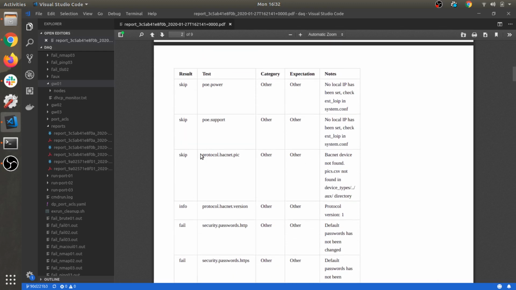Okay, so protocol.backnet.pick. Again, it doesn't matter what this test does right now, because I'll go through the currently included tests later on. But we see the backnet device is not found. The pics.csv is not found in device types or directory. And the notes,